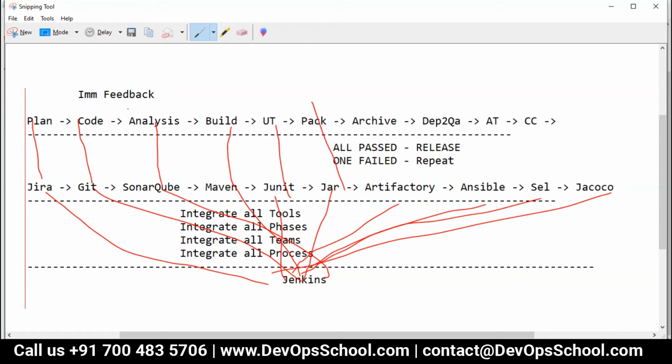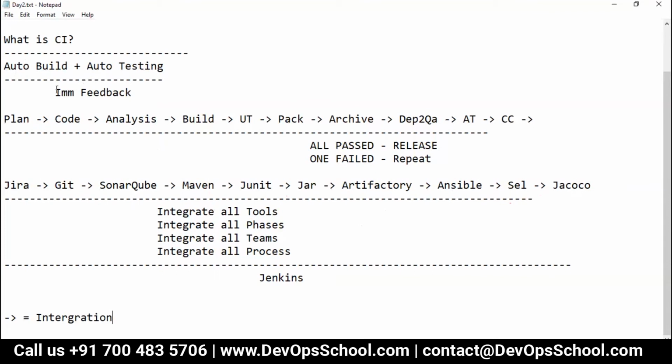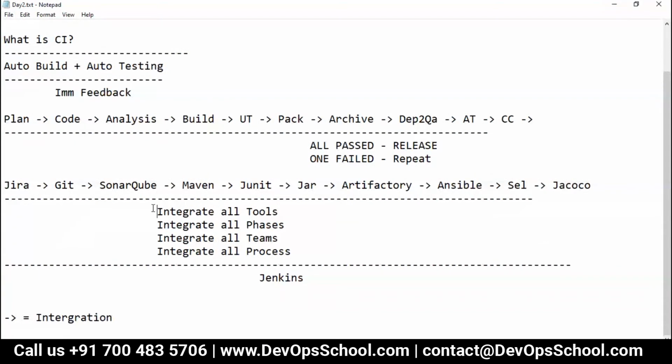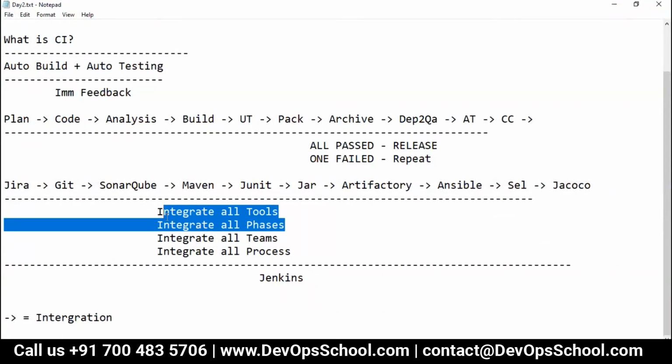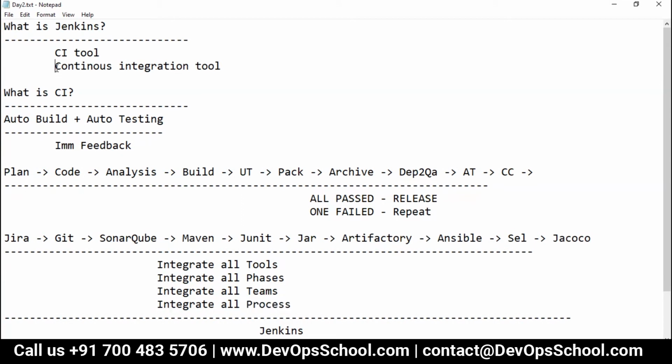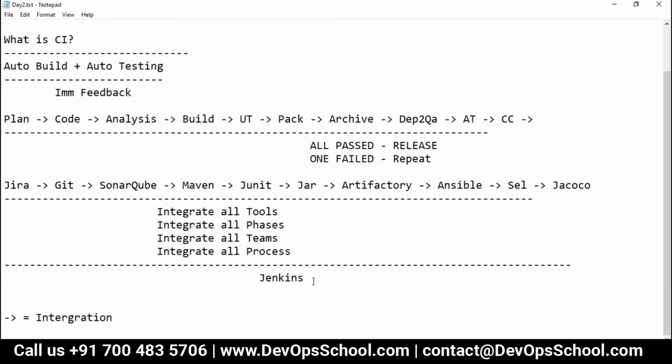And when you integrate all of this at one point, all the teams will be integrated. That is the definition of CI, continuous integration. Jenkins is a continuous integration tool. So using Jenkins, you can integrate all tools, all phases, all teams, all processes. That is the reason we say Jenkins is a continuous integration tool.